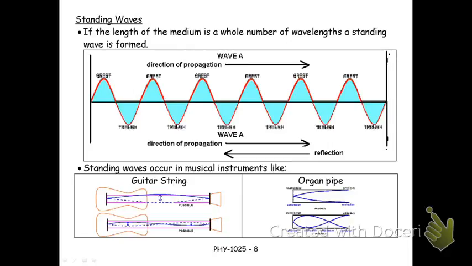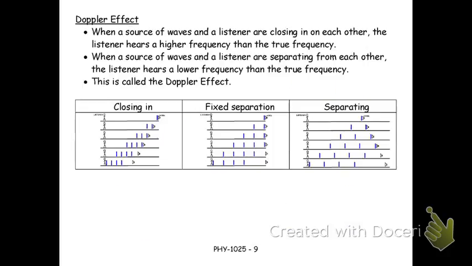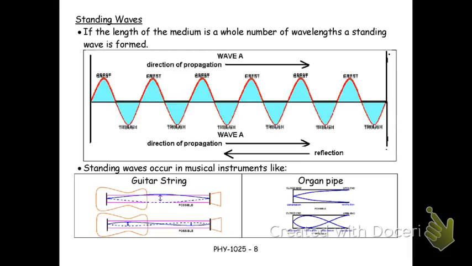You can do the same on organ pipes. So when we pluck a guitar string, we hear a note because it's the right length with the right speed of wave to get constructive interference of those frequencies. I'm going to do just briefly two more things. So that's interesting. We studied that in physics 2, actually.